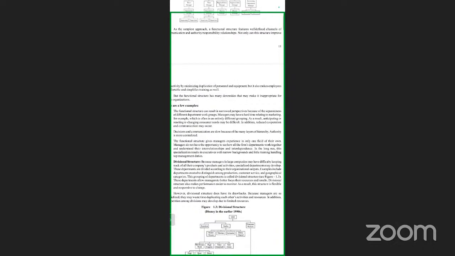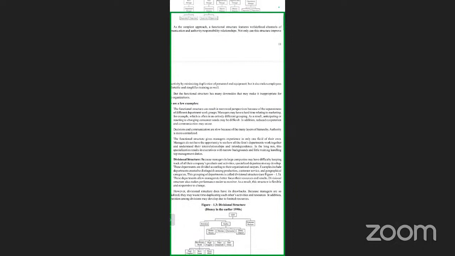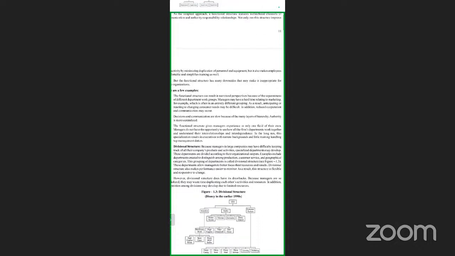Then we have divisional structure, which again keeps track of the company's products and activities. The grouping of departments is called divisional structure, wherein activities become difficult to identify. So some activities which can be grouped are put together and called divisional activities, followed by a structure drawn so that top level managers can better understand and develop a good